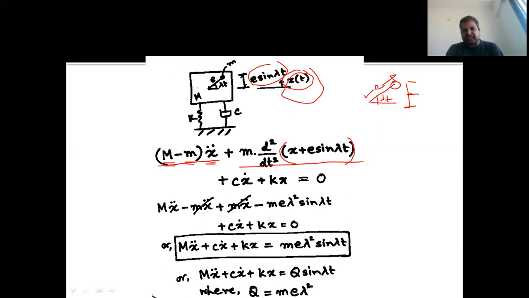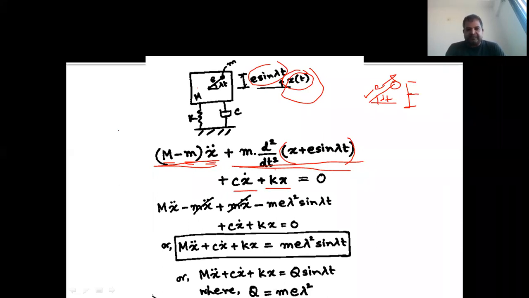So if I subtract the small mass, then this will be without the small m, and this is with small m. I have taken two individual things. Plus the displacement of the spring will be same in both the cases, which is x dot and kx, right? Which is equal to 0.